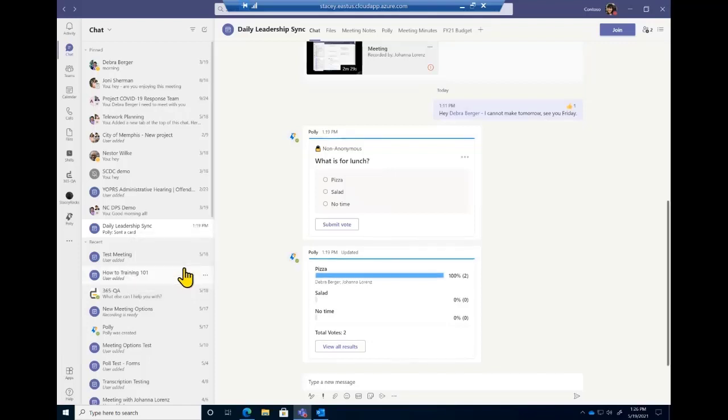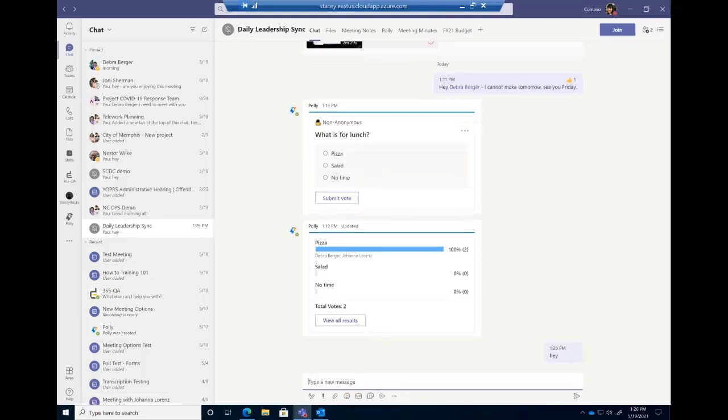Well, if you want to mute it, you can. What happens is it grays out to let you know that it's muted, but you can still see conversations. You just don't get the notifications all the time. And you can still continue to chat. So if I need to chat, I can, and Deborah can chat back to me. But again, it's going to show in bold that conversations are being had. It's just not going to give you those banners and that interruption, if you will, if it's a noisy meeting chat. And then, of course, you can unmute it if you need to.